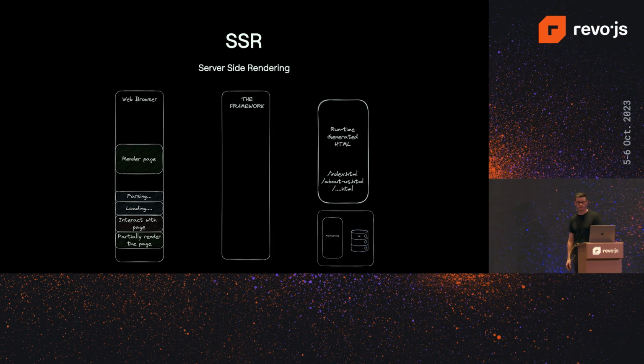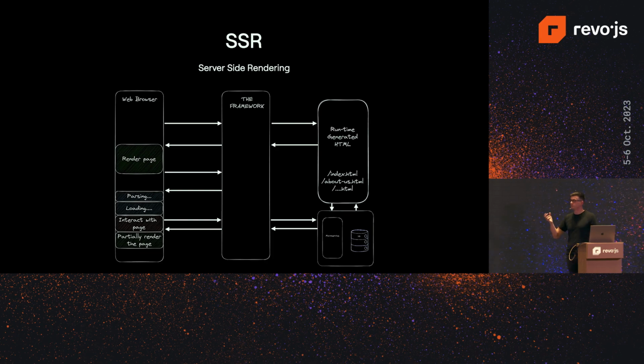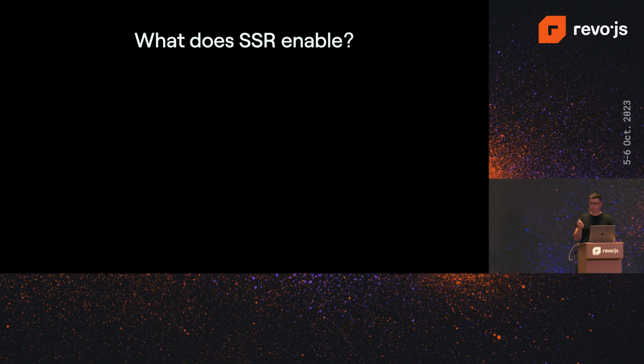And then server-side rendering is probably the more correct and generic name for this entire technique of rendering websites, where most of the requests are just going to the server, getting the runtime generated HTML. It's mostly the same thing as ISR, but you are thinking about this in the context of more particular cases like the user profile page or stuff like that, where you cannot really cache that because you wouldn't want a profile page from a specific user to be served to a different user, so you need to put a bit more thinking into the context itself. So what does server-side rendering enable?